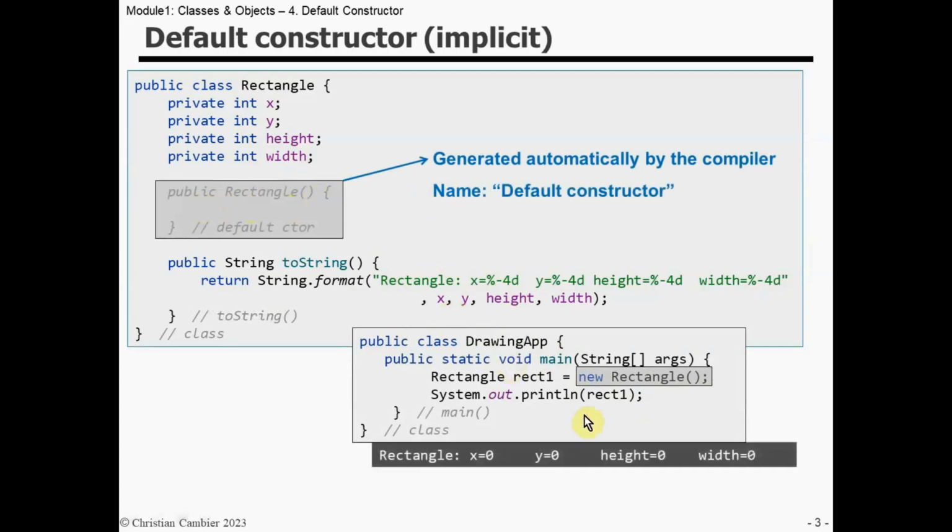When we run the code, the output will be 0 for x and y, which is okay, but 0 for height and width, which is, according to our specifications, not really valid. Because how would you render this rectangle? It would be invisible. In my video series there is a minimum of 10 for height and width. So it means that we can't really use this default constructor which is generated automatically, so the implicit default constructor,